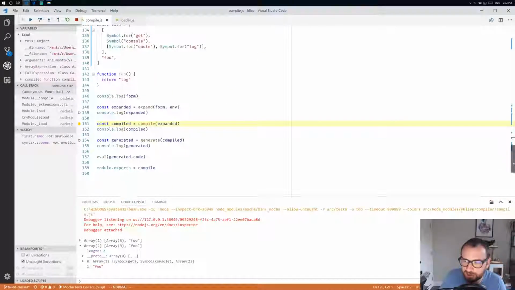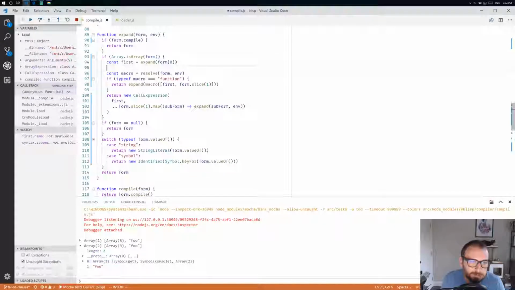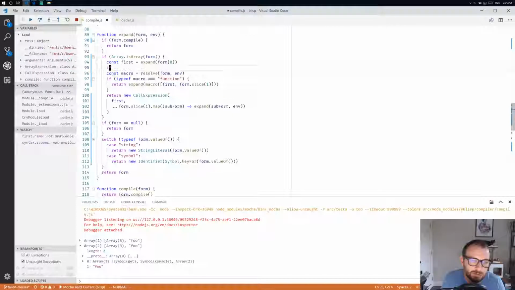I think we need a special case quote actually. I think what we need to do here is, okay, so basically what will happen here is if quote's just a normal macro, we'll call it and then we'll immediately call expand, and so it'll be as if it never existed. So what we need to do is say if first,